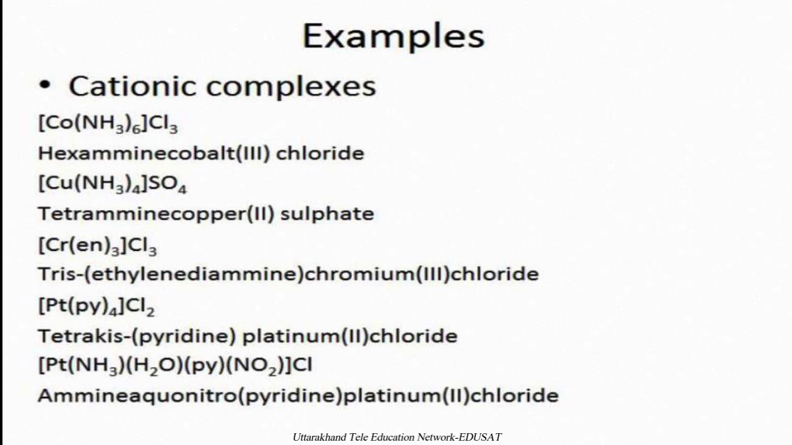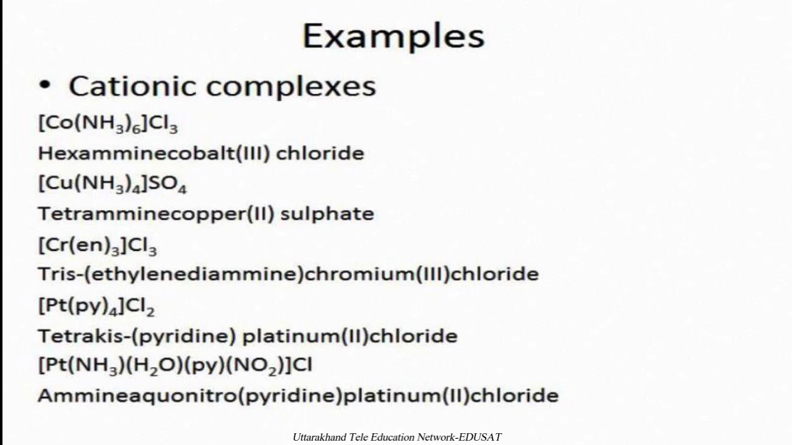The next example is of a multi-ligand system. Here we have ammine, aqua, pyridine, and nitro groups attached to the centrally located platinum atom. So we should give the name according to their alphabetical order. First, ammine. We have 1 molecule, so we write ammine, then 1 water molecule, that is aqua, and nitro,